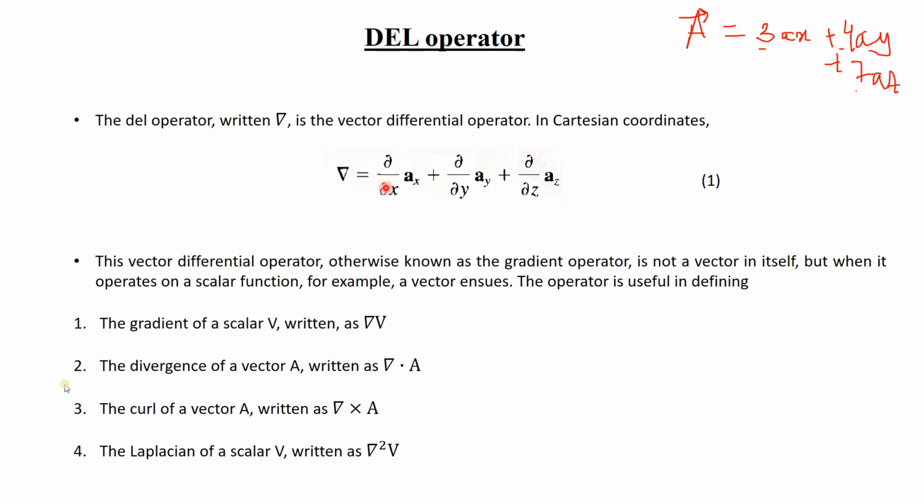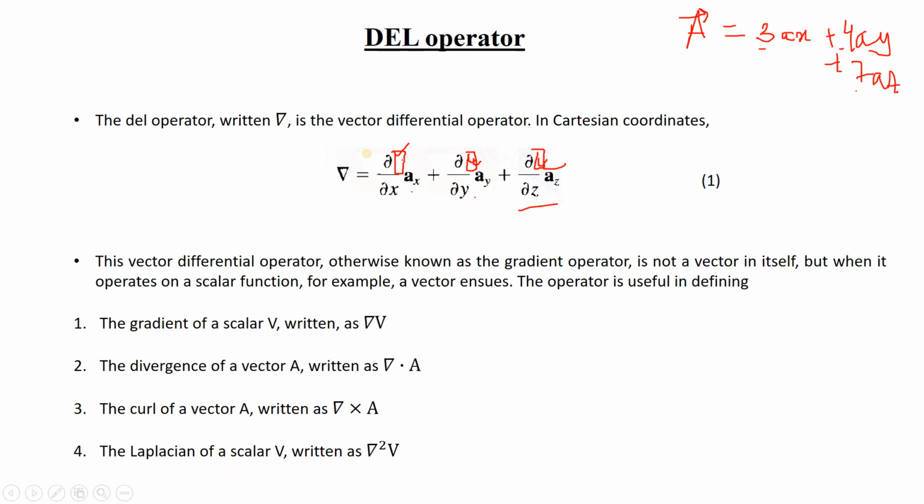In Cartesian coordinates, the del operator is represented like this. The first component is of the x-axis, and associated with it we have del by del x. Then there is a gap, because no function is written there; it is empty. So the del operator is del by del x unit vector x plus del by del y unit vector y plus del by del z unit vector z. But del of what? That is kept vacant. It will be used as far as the vector is concerned.